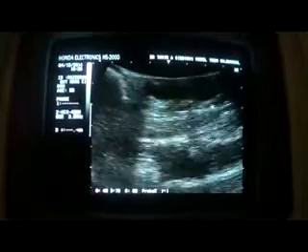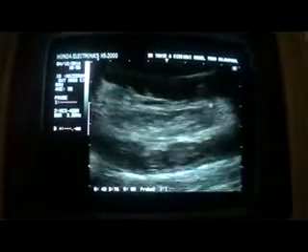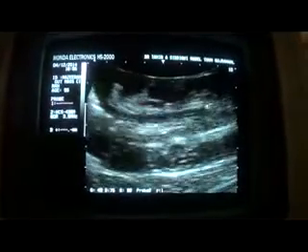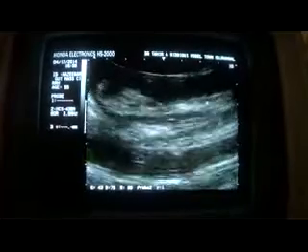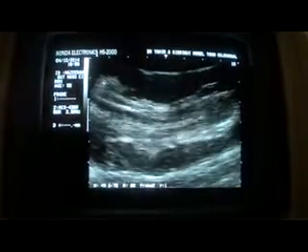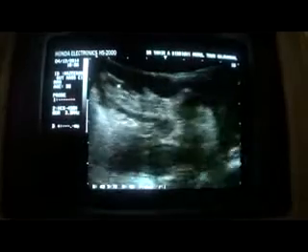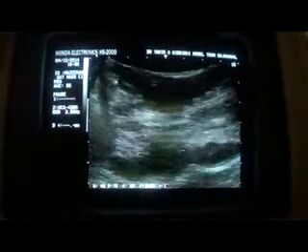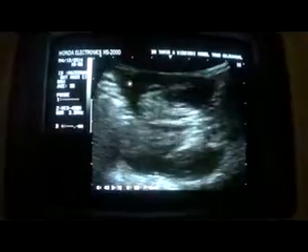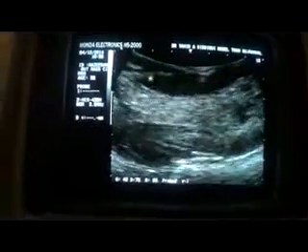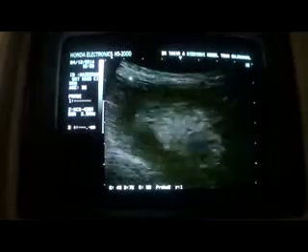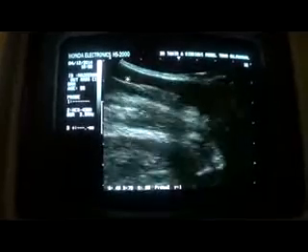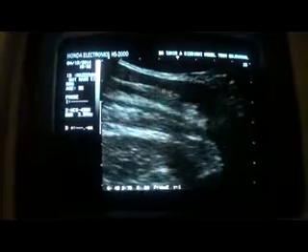So this bowel segment is basically collapsed, and there appears to be thick mesentery around this one. This is thick mesentery, this is the mesentery, thick mesentery,